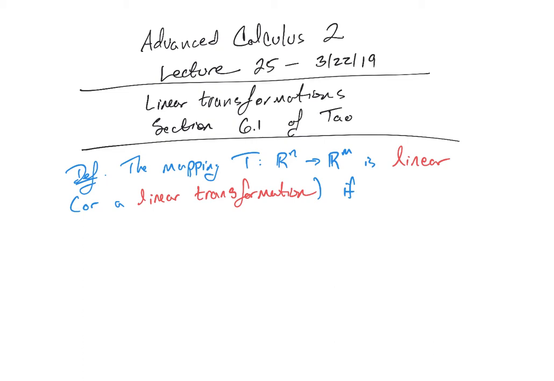It has to satisfy two properties, or really just one. We can combine them into one. We'll talk about that in a second. Okay, but we need to have two vectors. So if for all vectors x and y in the domain,